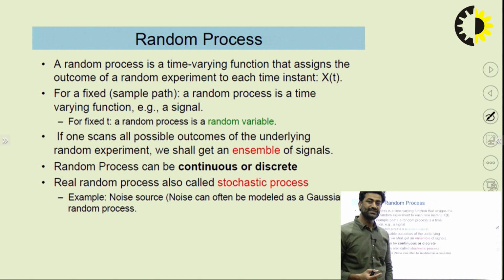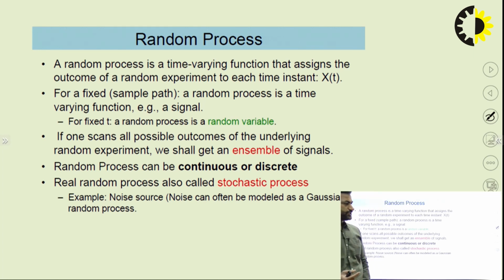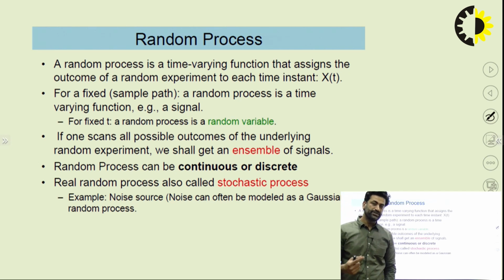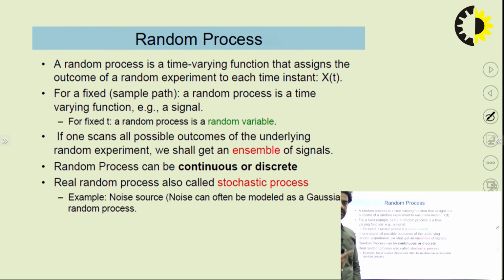Suppose I give an example of a random process. Temperature is an example of a random process. You note down the temperature at 11 o'clock today, day 1, and the next day at 11 o'clock the temperature will be different, and the next day's temperature will be different, day 3. So, temperature will change with respect to time. When the function is changing with respect to time, it becomes a process.